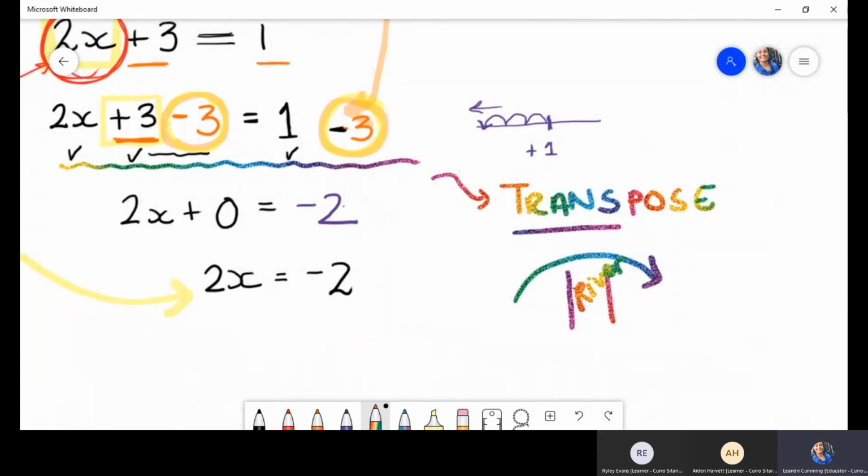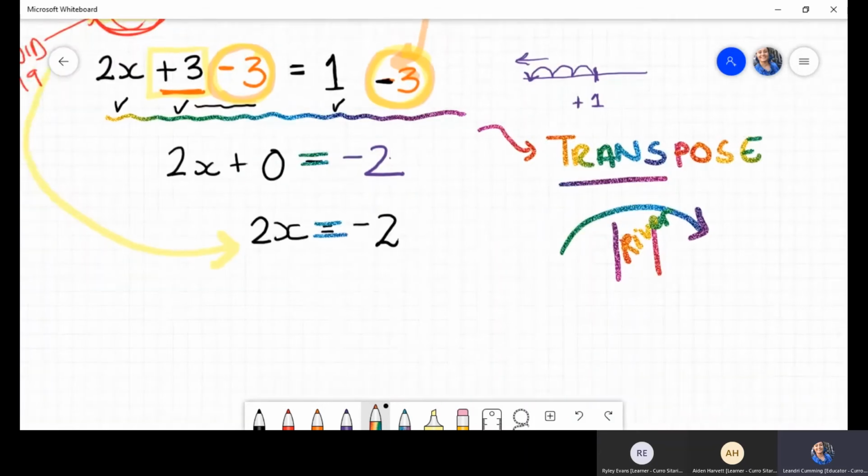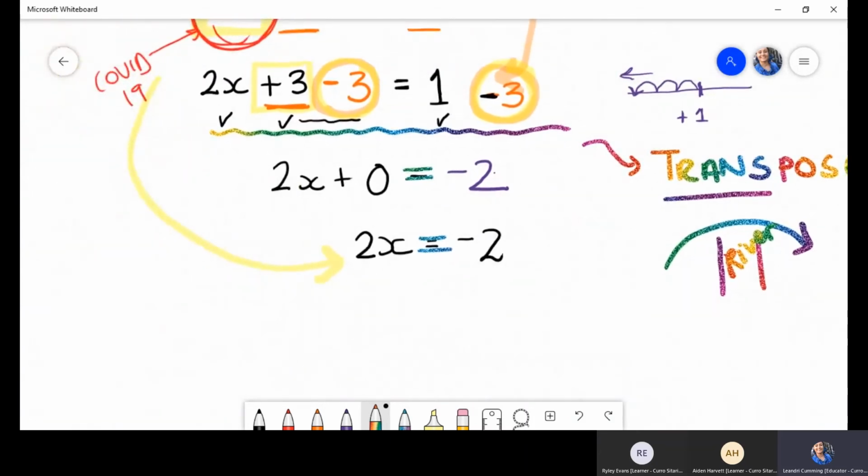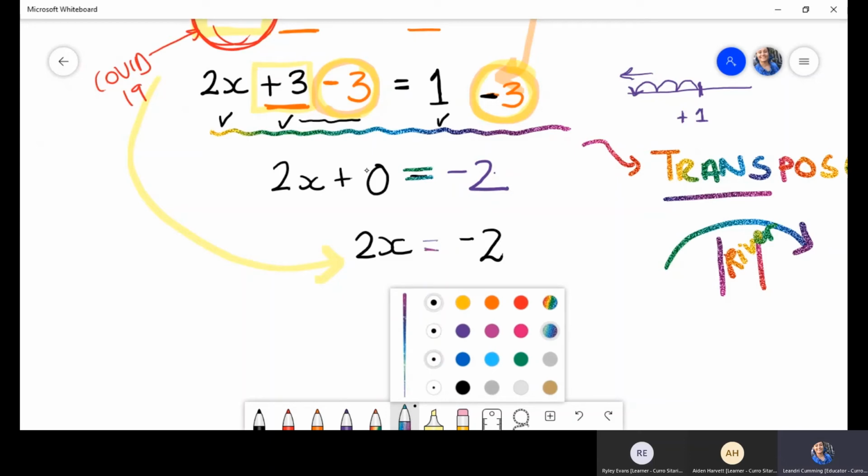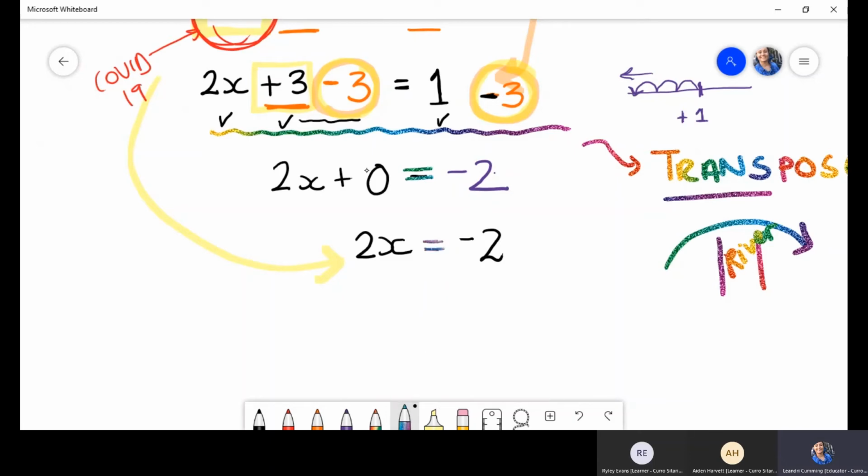This is us going across our equal sign, transposing terms, so that we may equate the left-hand side to the right-hand side in order to solve. And then once I have my 2x, which is the quarantined term, the isolated term, once it is equal to